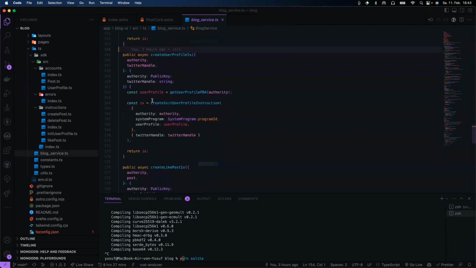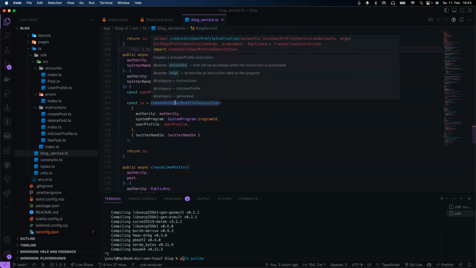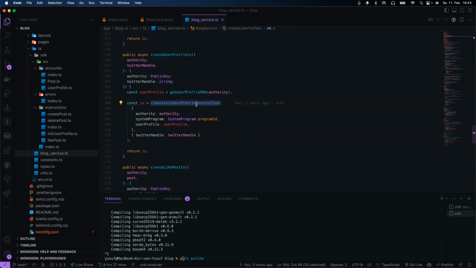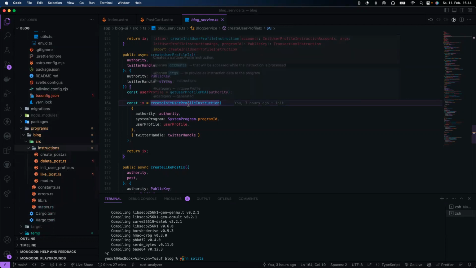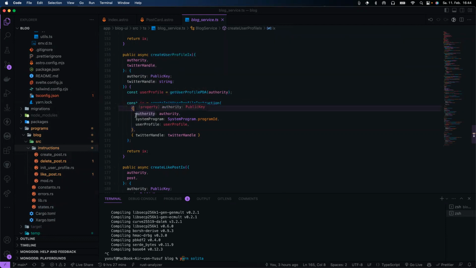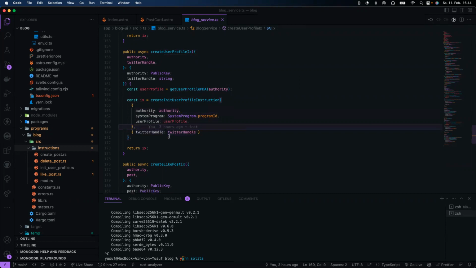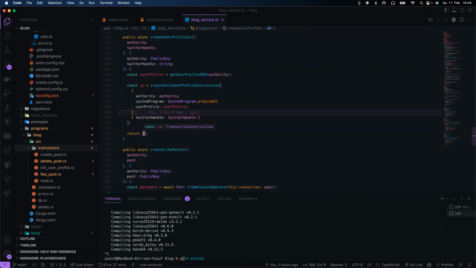So here we can just call this create init user profile instruction. Our instruction was called init user profile, and then it generates this create init user profile instruction. Then we're passing in all the data, the same as we did in the tests, but a little different in syntax: the authority, system program, and user profile. Here you just get the PDA as you usually would, and you pass in the Twitter handle. And now we can return the transaction instruction,